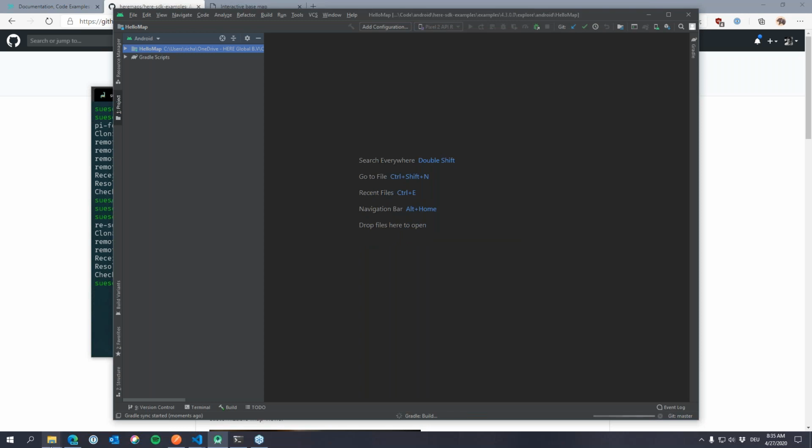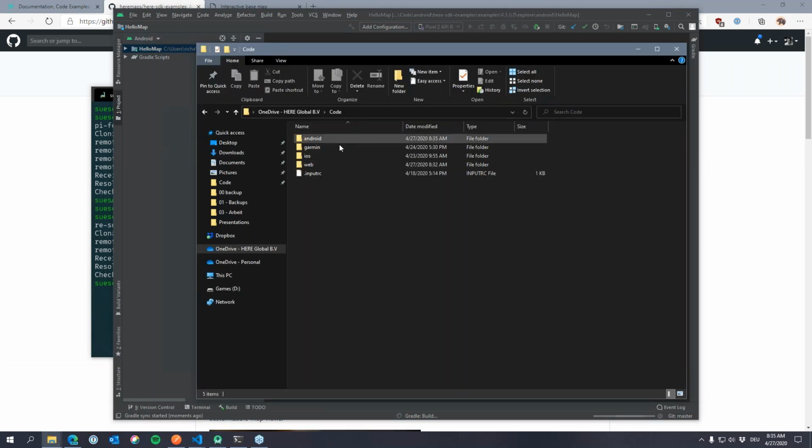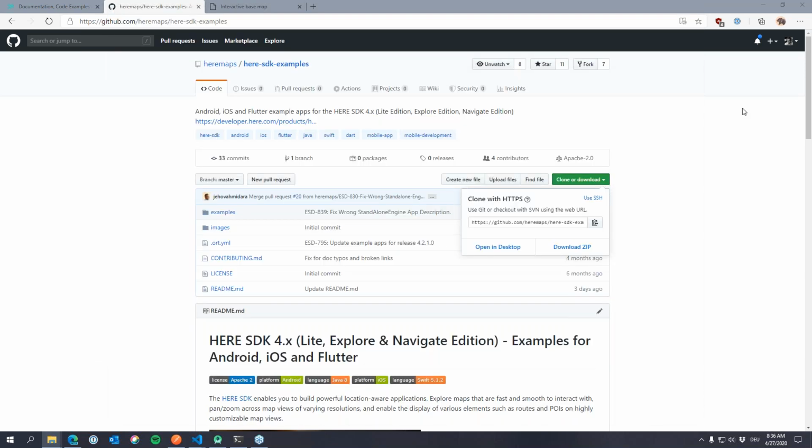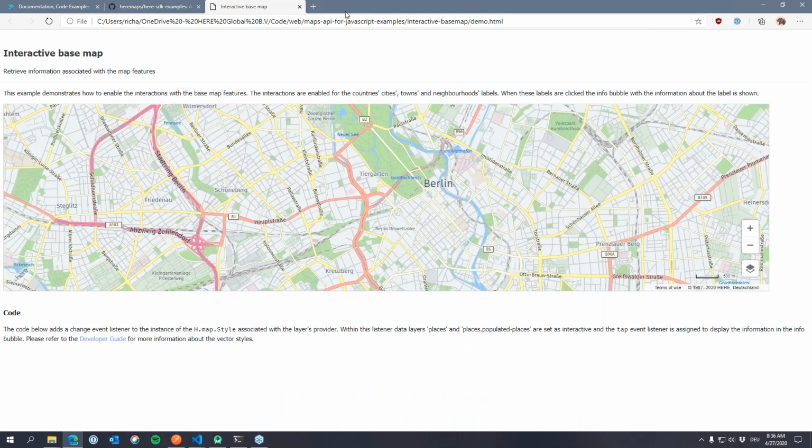While Gradle runs, there's two things we need to do. One is we need to take the SDK file, the AAR file, and put that into the libs folder. Where do you get that? Well, you get that